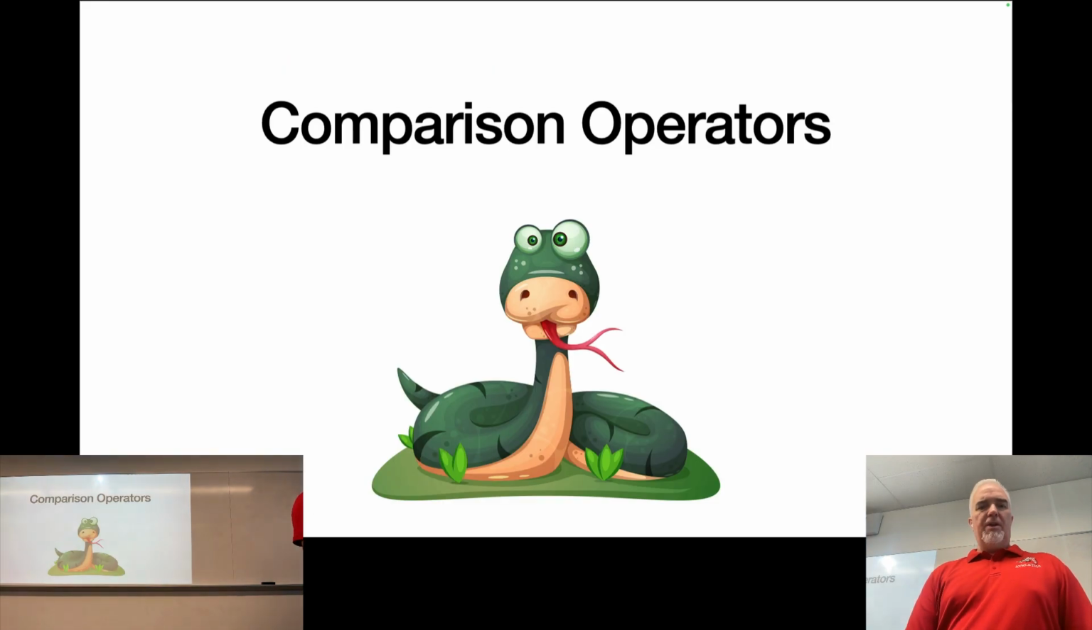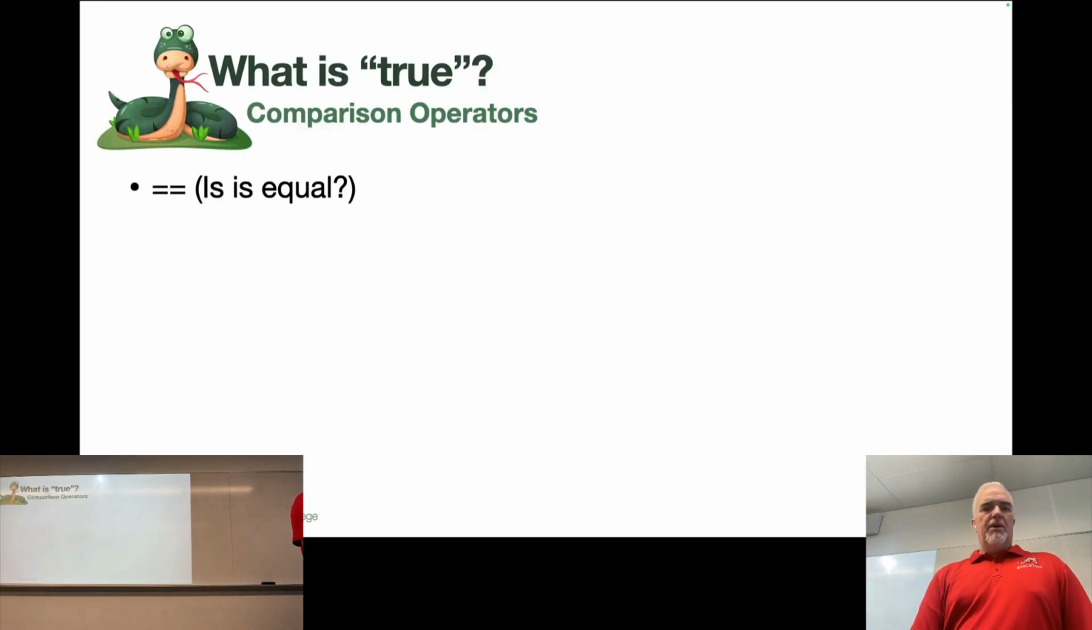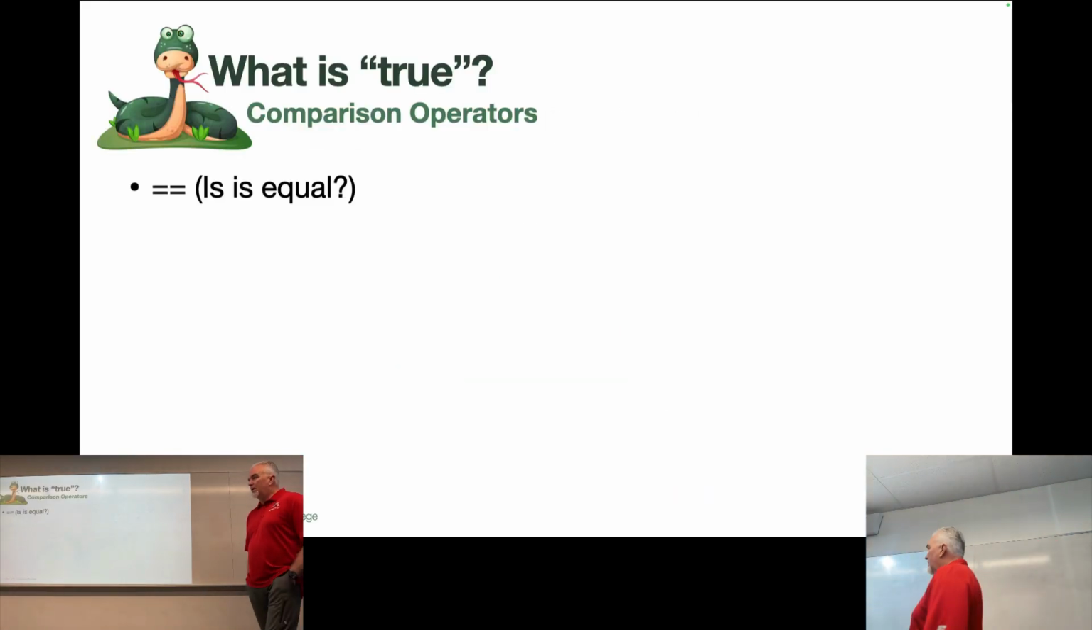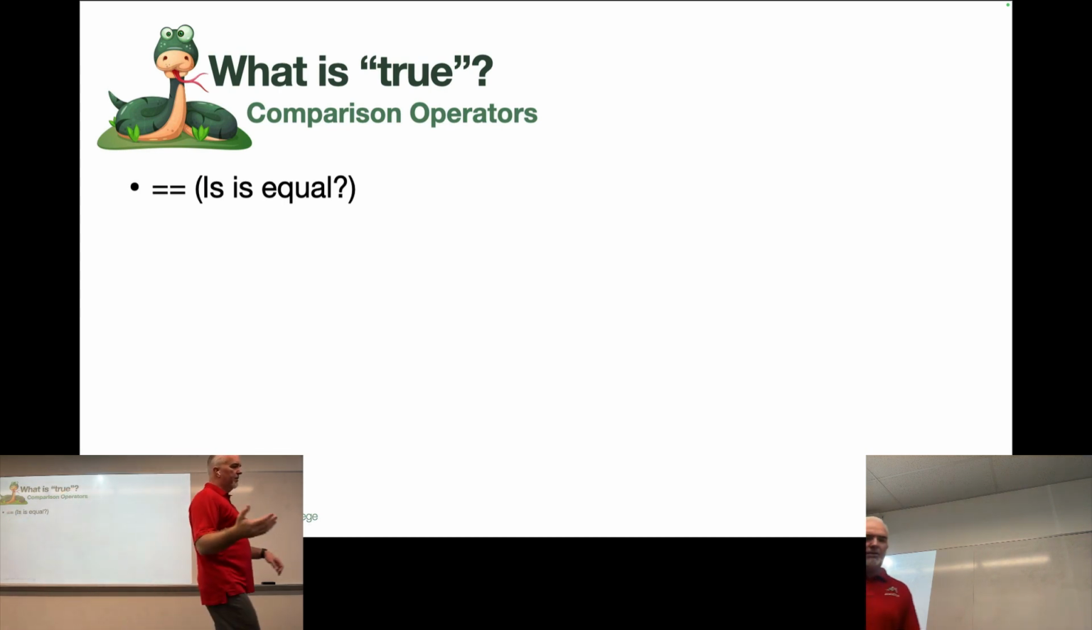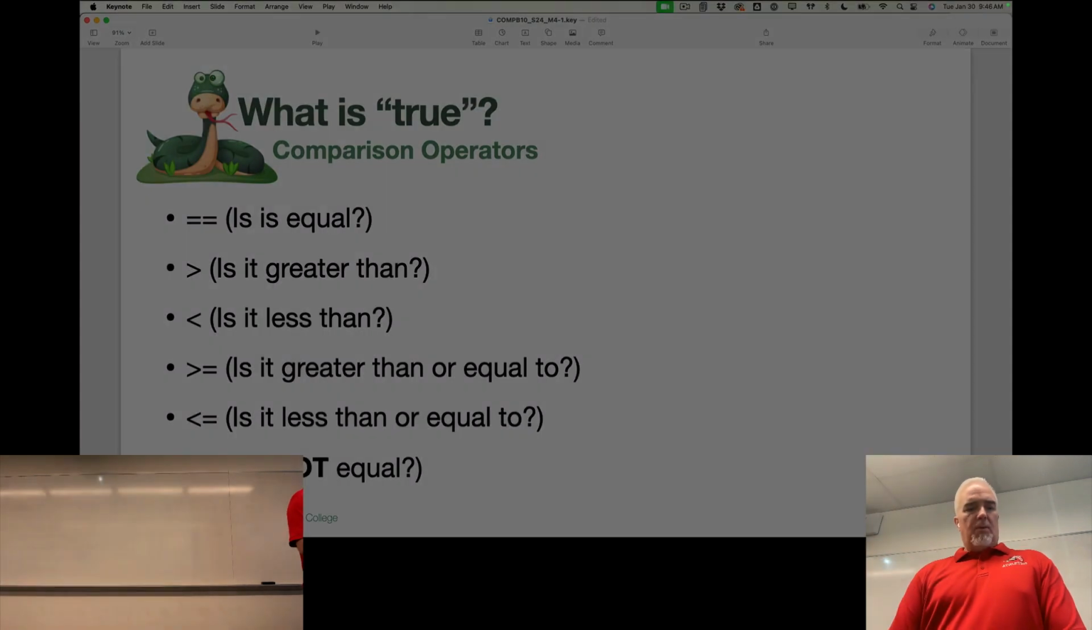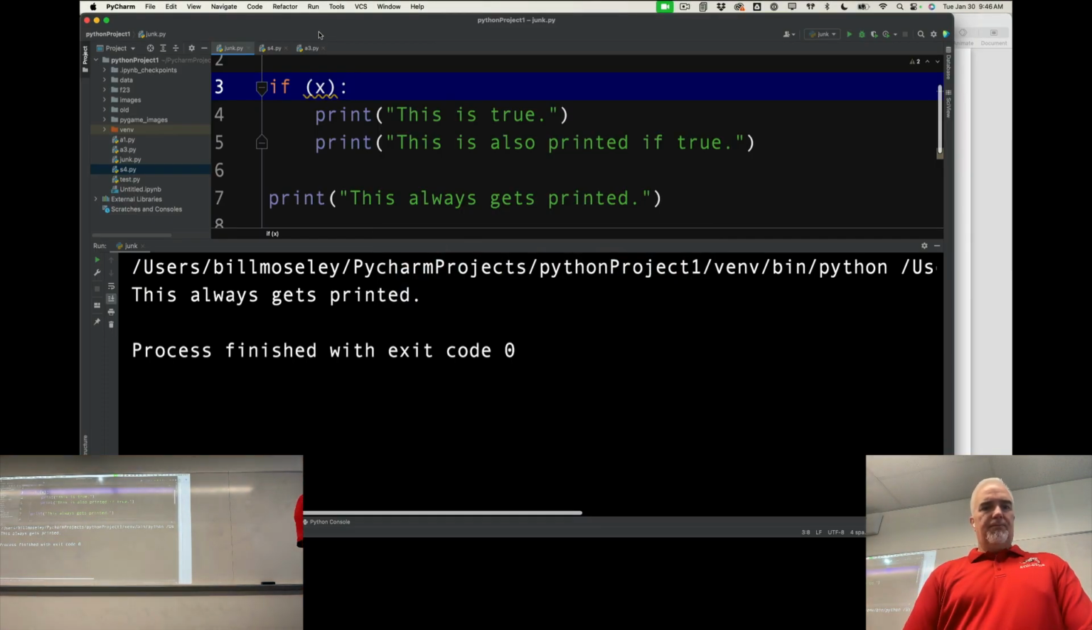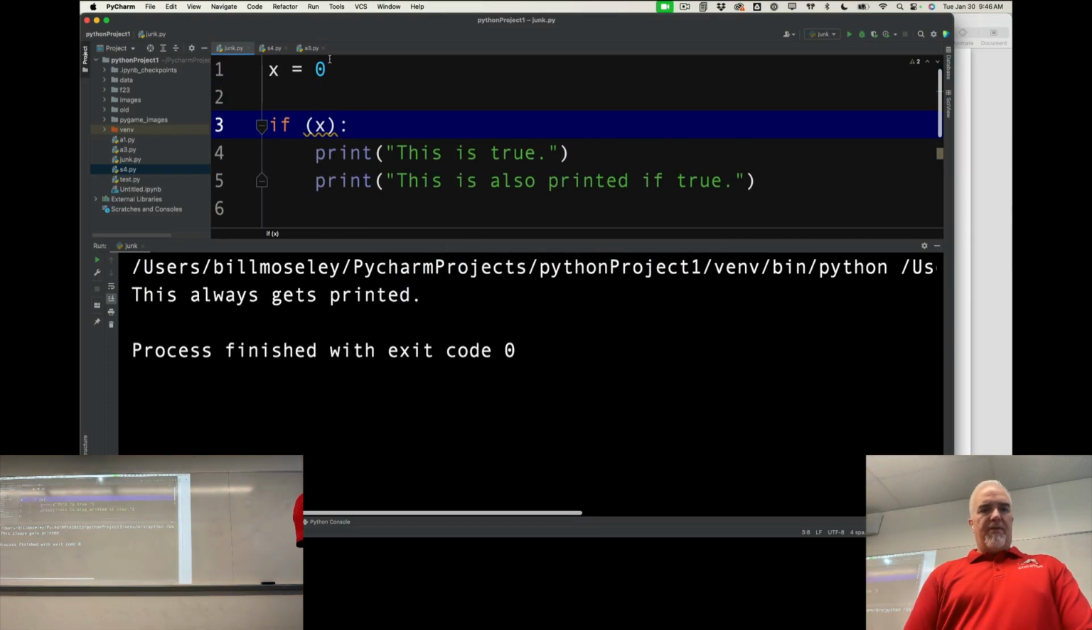Okay, so when we're using comparison operators, the most common one is, is it equal? Sorry for the typo, but it's asking, is it equal? Is something equal to something else? So when I look at that, if x is equal to 0,